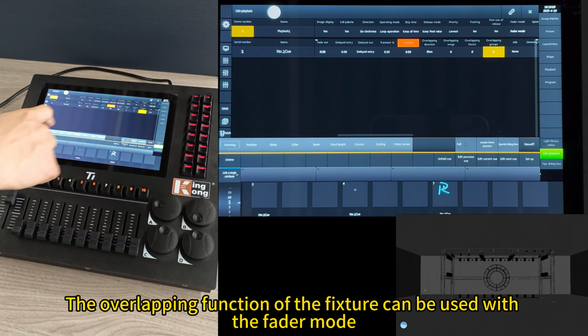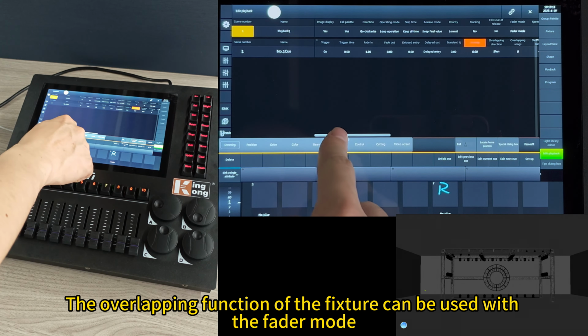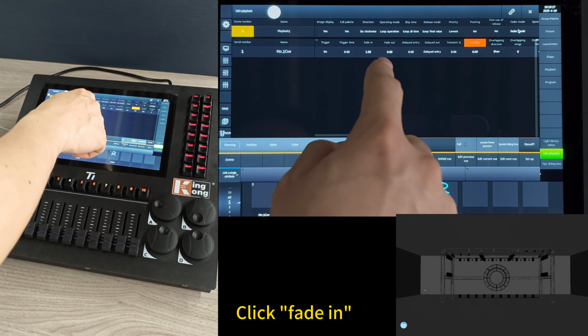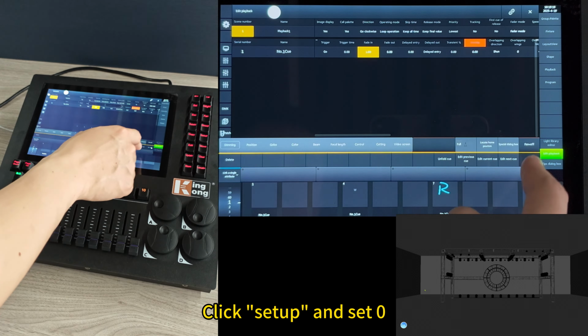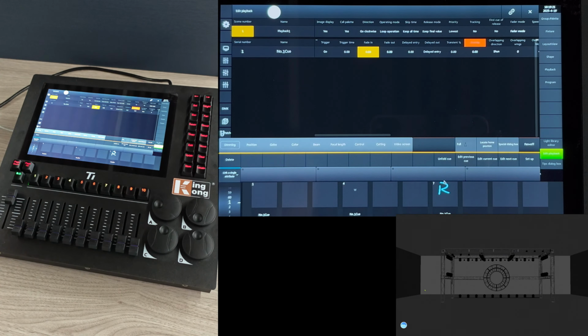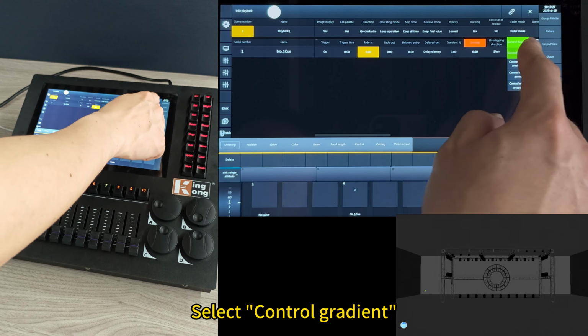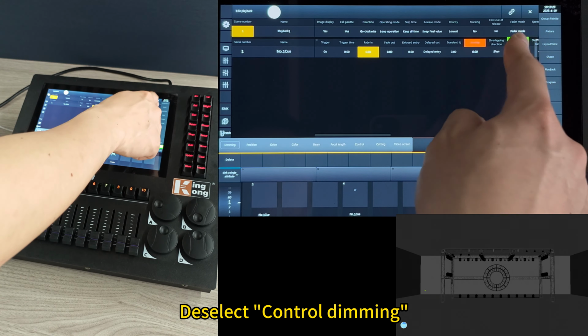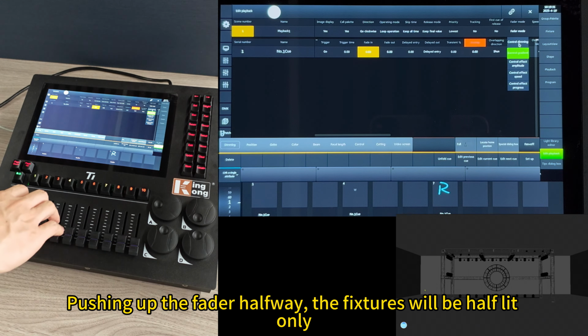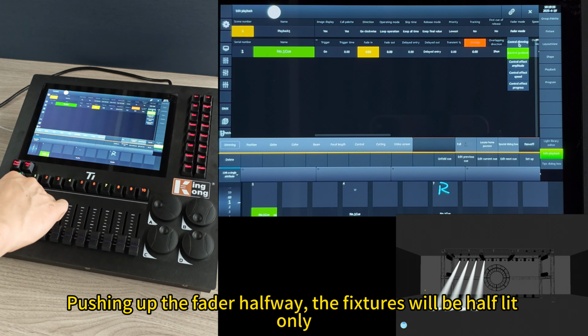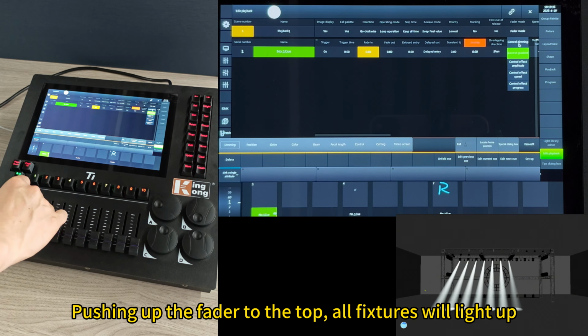The overlapping function of the fixture can be used with the fade mode. Click fade in. Click setup and set 0. Click fade mode. Select control gradient. Deselect control dimming. Pushing out the fader halfway, the fixtures will be half lit only. Pushing out the fader to the top,